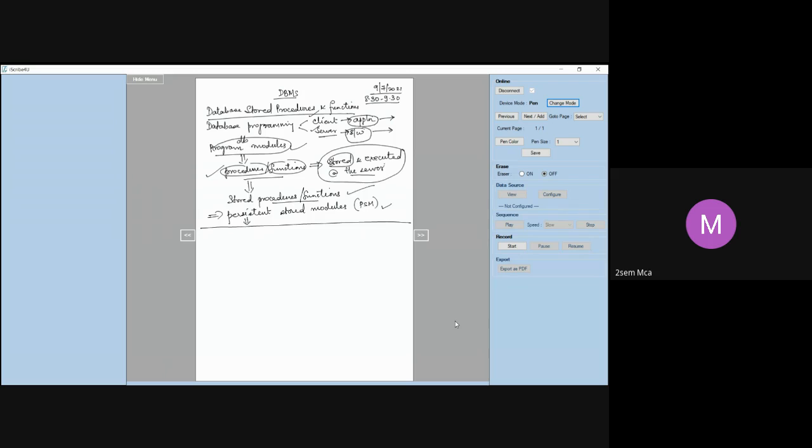Generally, when we talk about DBMS application programs, we have the application running on the client machine. The DBMS software itself is running on a server machine. So there is always a client-server concept there. Okay, but sometimes for certain applications, it may be necessary that we write some programs and store them in the server itself. Not only store, we also execute them in the server itself.